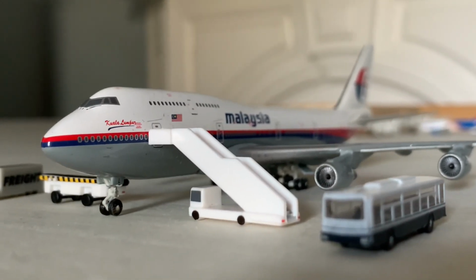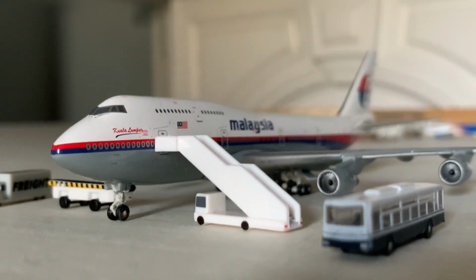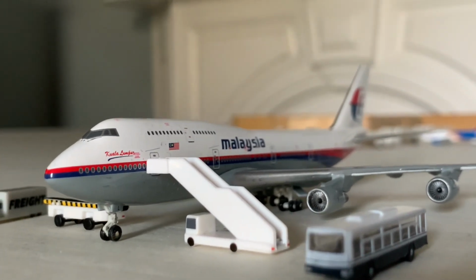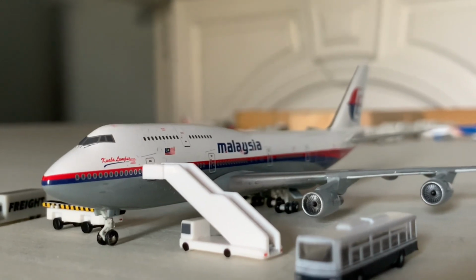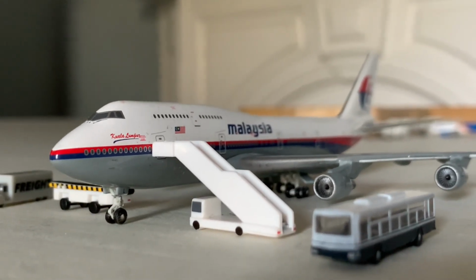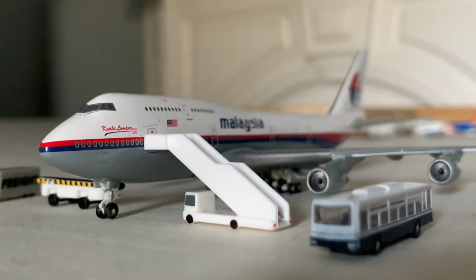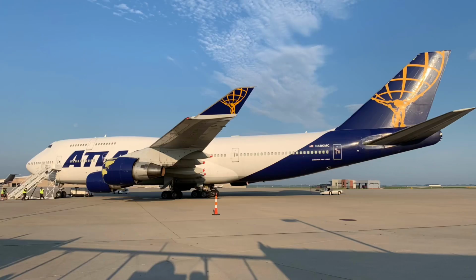This aircraft is of course being used as a placeholder, but the aircraft type is correct. In the past 2 months, we have received not one, but 2 different 747-400s into Lexington, which is absolutely insane. Both of them have been passenger, sort of. The first one was a military charter on an Atlas Boeing 747-400 that came in from Houston, and the second